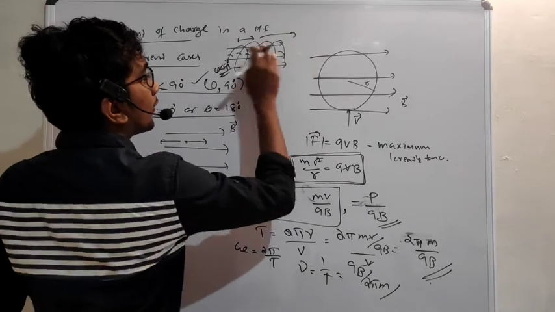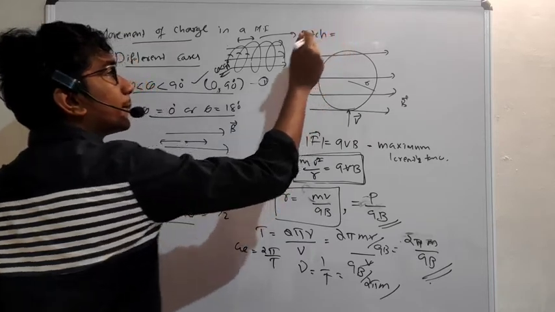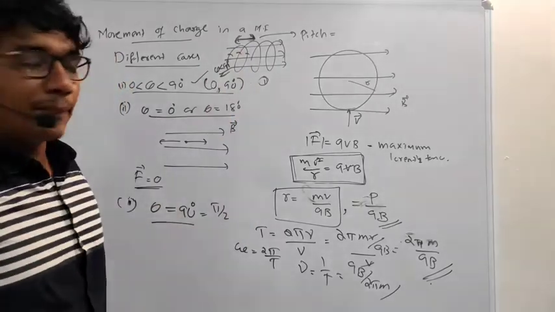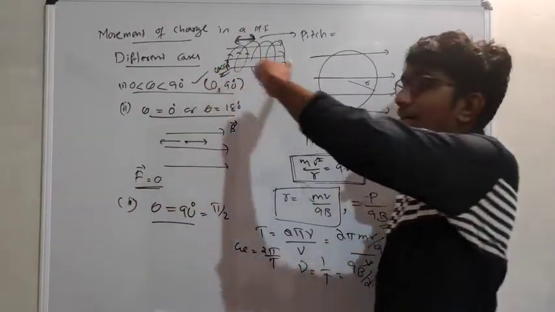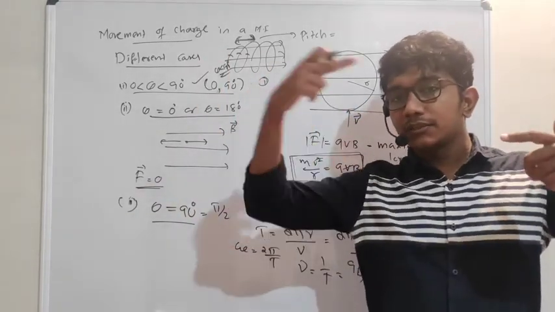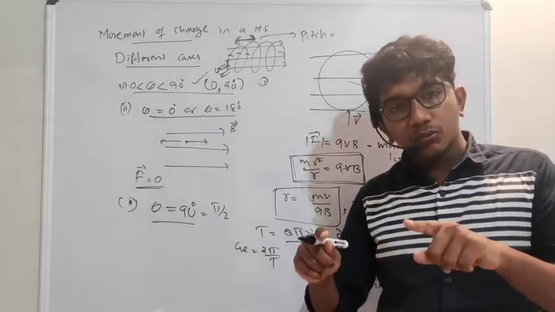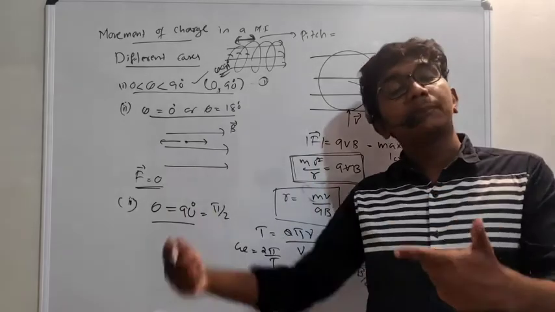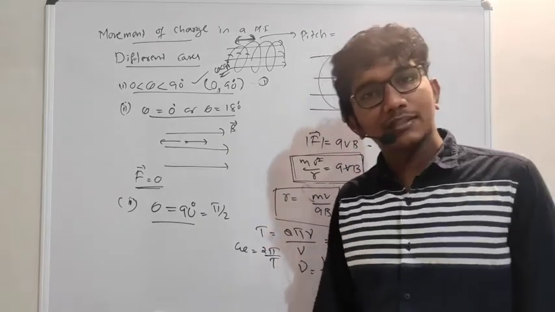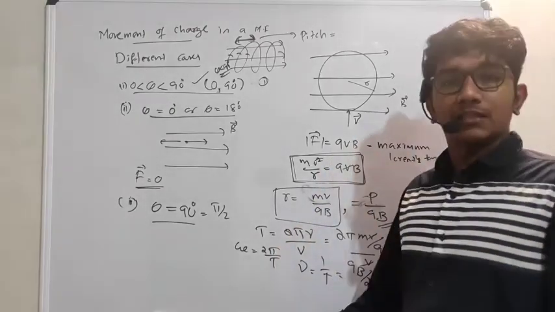In this case, the only thing you have to take care of is the pitch of the helix. Pitch means this much. The pitch of the helix is one complete cycle. We cannot call it a parallel cycle, which means it is going like this, right? You know what a helix is, right? When you take a spring and try to move it, you will see a shape like that. That is a helix, the helical shape. You must have learned the DNA structure, the double helix, something like that.